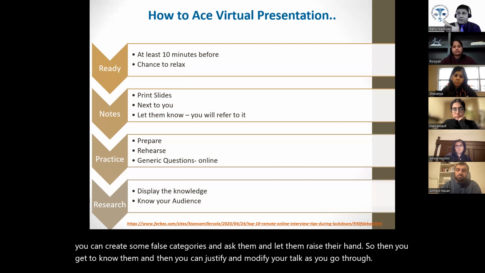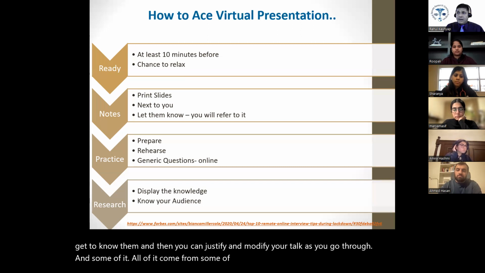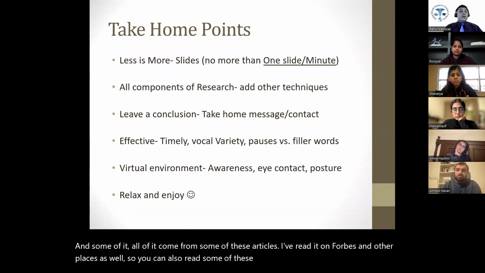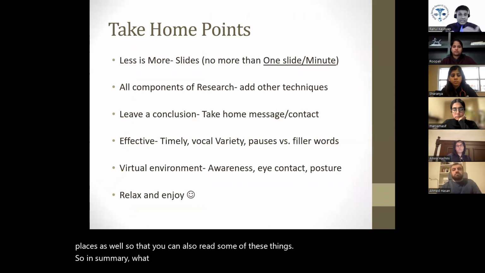And some of it, all of it, comes from some of these articles. I've read it on Forbes and other places as well, so you can also read some of these things. So in summary, what I've talked about so far in the last 20-25 minutes, and what should be your take home points, are: